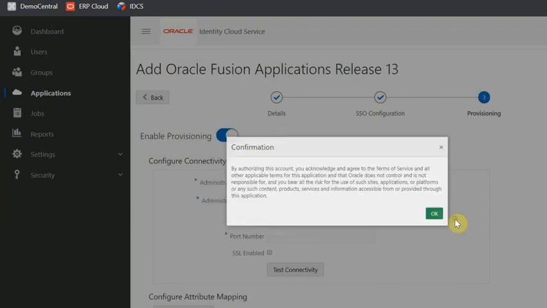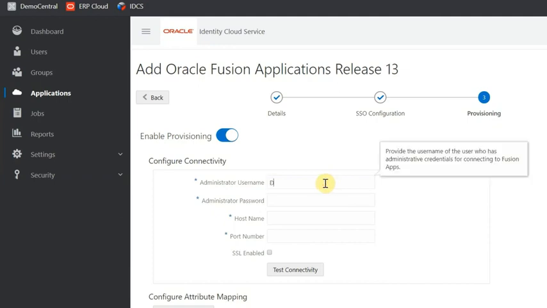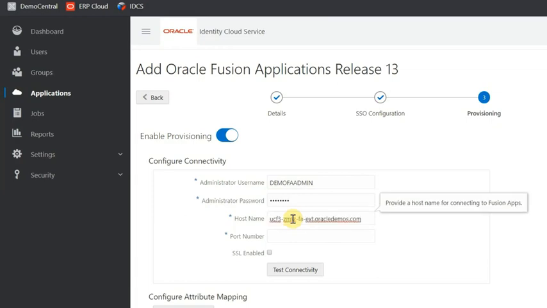Turn on Enable Provisioning. Enter the ERP Cloud Administrator's username and password. Provide the hostname obtained previously as external server host. Provide the port number obtained previously as port value. Click on Test Connectivity to verify connection with the ERP Cloud environment.